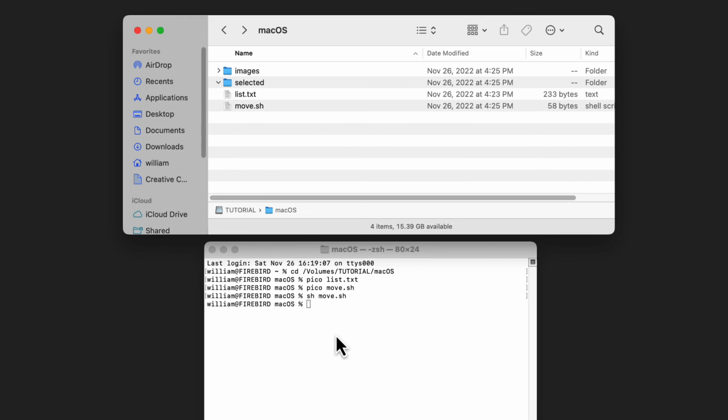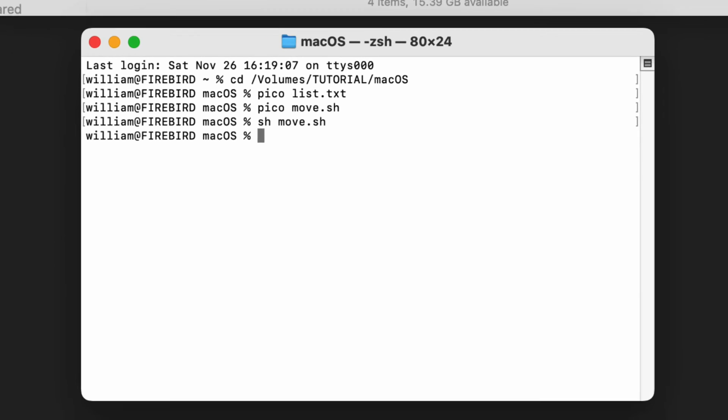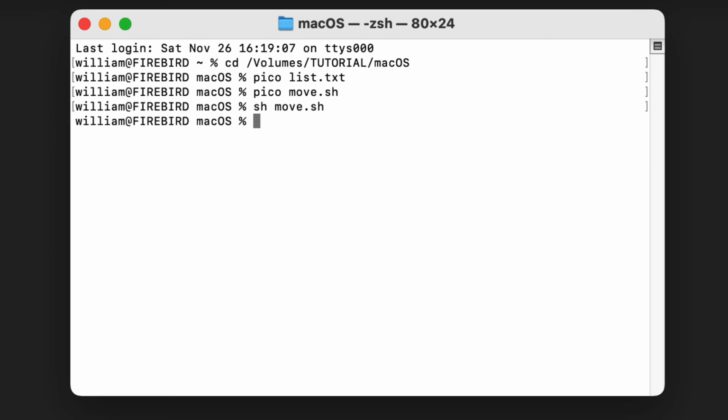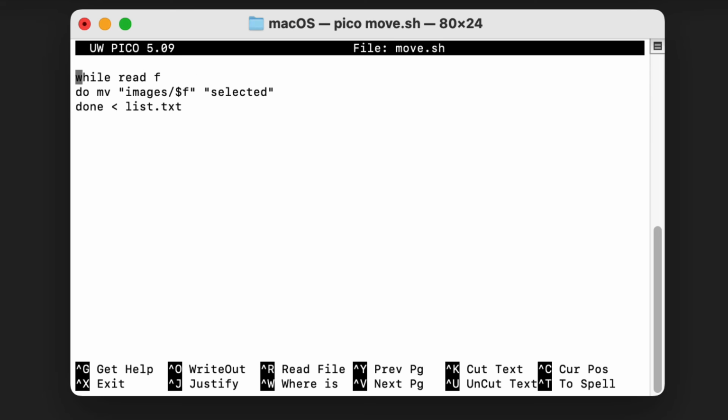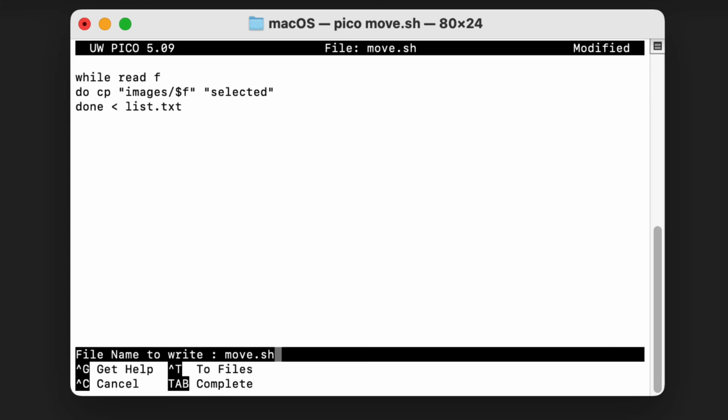Now for some variations. To copy instead of move, simply change the command. In terminal, enter pico space move.sh. Change the command mv to cp instead. That's the Unix command for copy. Control-O to save, but this time change the name to copy.sh.